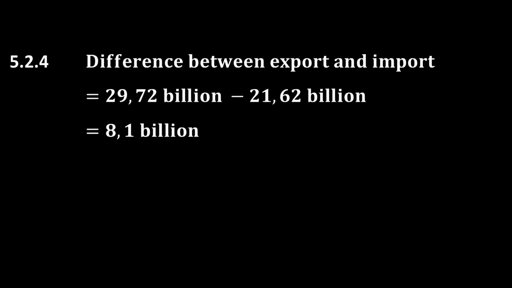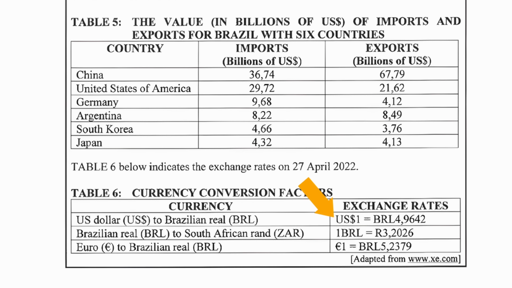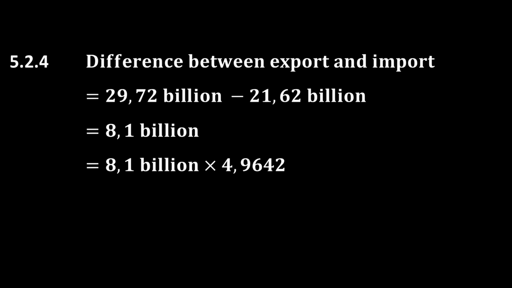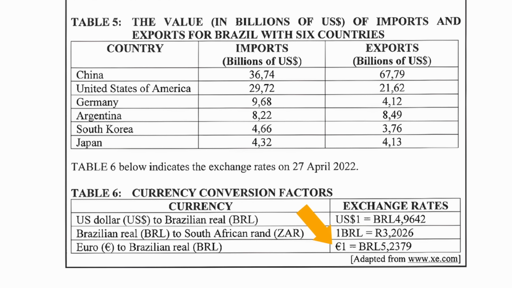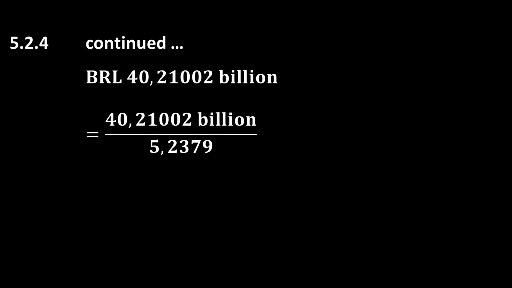billion US dollars. Since 1 US dollar equals 4,9642 Brazilian real, 8,1 billion US dollars equals 8,1 billion multiplied by 4,9642 Brazilian reals, and this equals 40,21002 billion reals. Now since 1 euro equals 5,2379 Brazilian reals, 40,21002 billion reals equals 40,21002 billion divided by 5,2379, and this equals